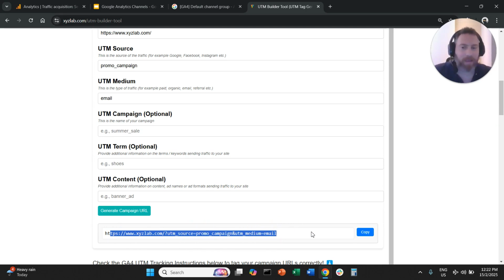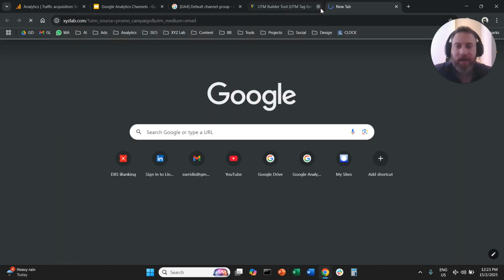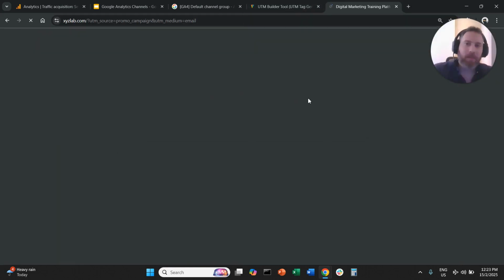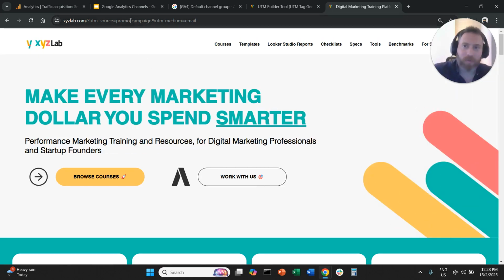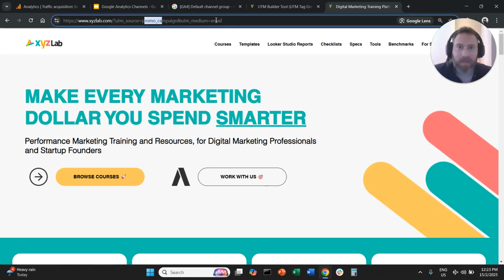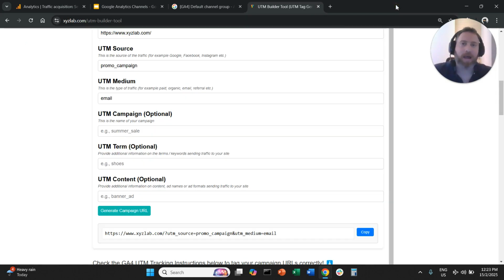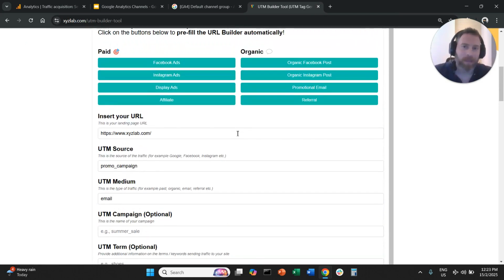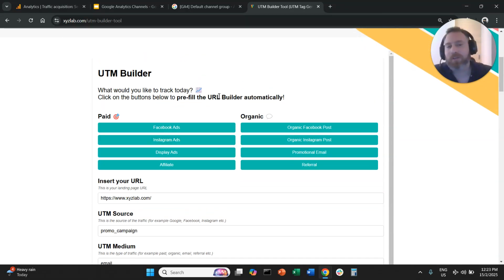Meaning, when I am about to send this email, this is going to be the landing page. So when people land on this page, the Google Analytics software will pick up the source and the medium, and it will group this traffic under a bucket that is called email. Now, in this UTM builder tool, I created it in a way that is automatic, meaning